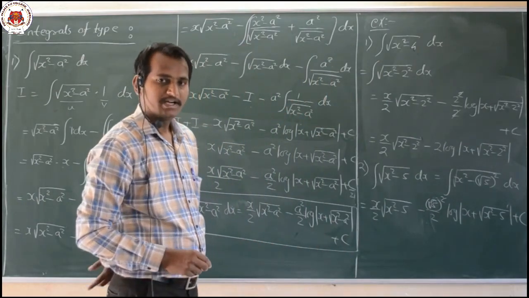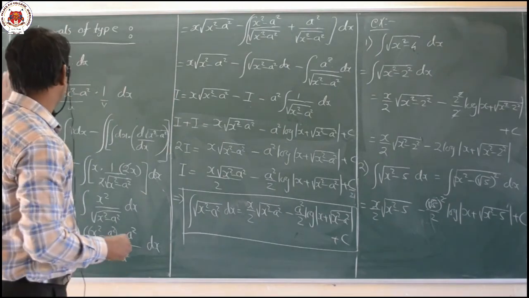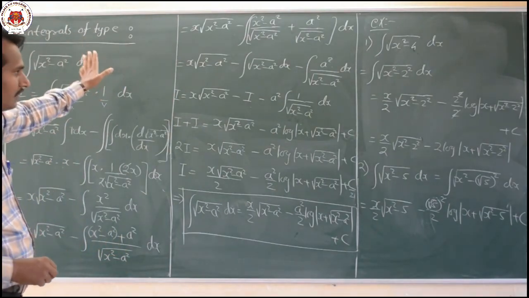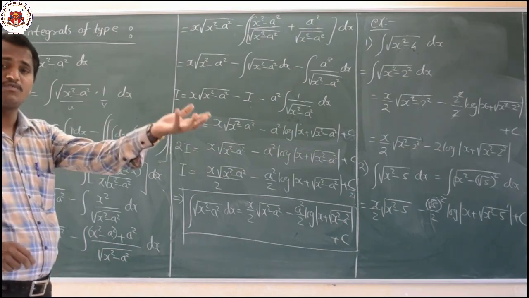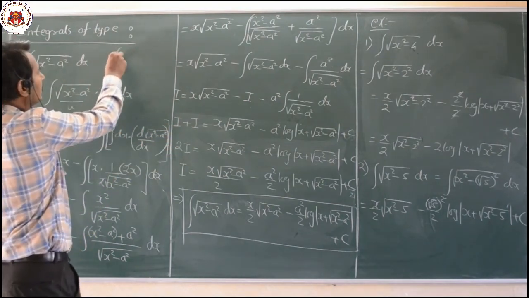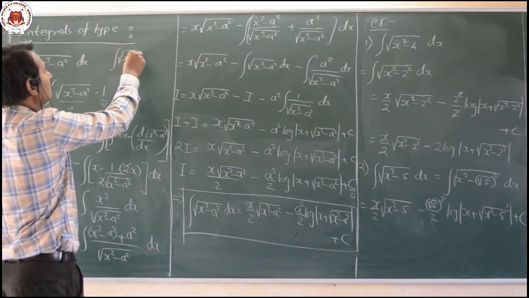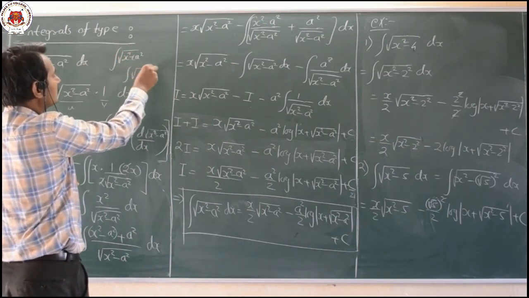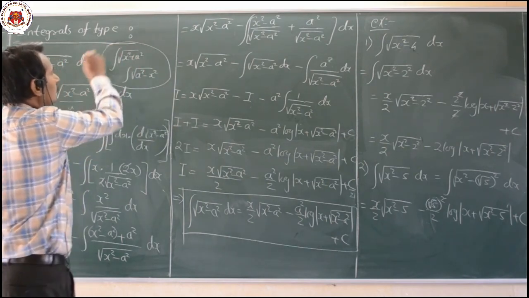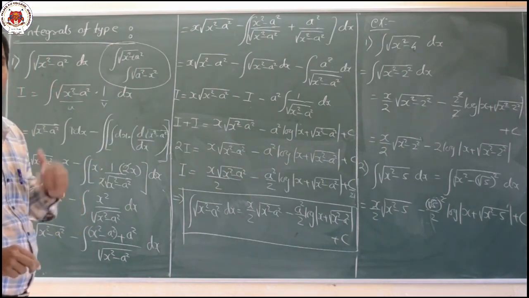Okay dear students, this is all about the first property here. That is nothing but here totally it counts as the 7th one. In the next class we shall discuss the remaining two integrals, that is the integration of root of x square plus a square and the integration of root of a square minus x square. These two derivations we shall continue in the next session.